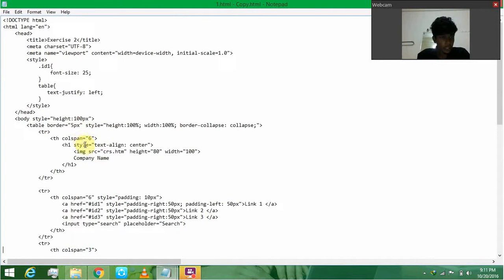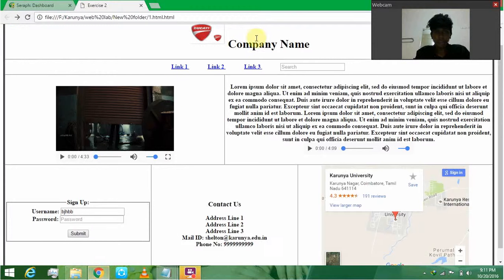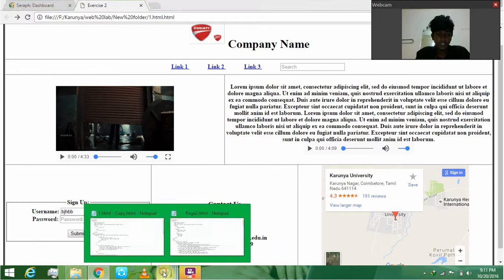For that, text style, text align center. We are giving this so that the text is aligned in the center. Then image SRC is used to insert the image. The company name is just text we are giving, so that the company name text and image are created. Next is to